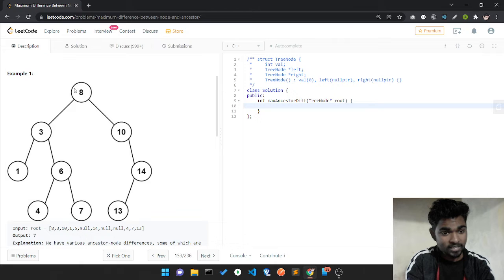What I observe is that I pick the smallest, the minimum value, as well as the maximum value. The minimum value on this root to leaf path is 8, and the maximum value is 14. So I'll just do 14 minus 8, or 8 minus 14, and take the absolute value, 6 in that case.